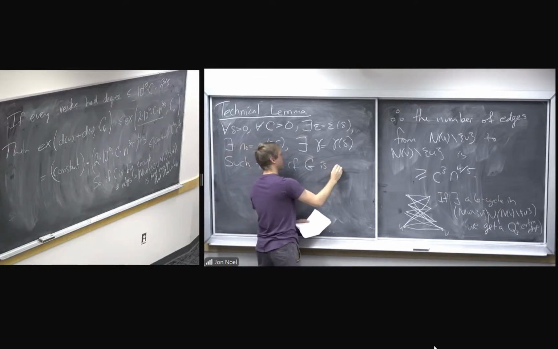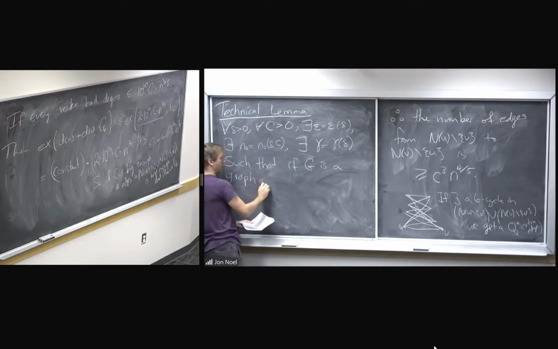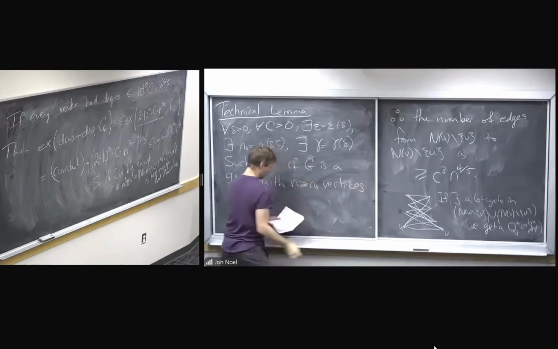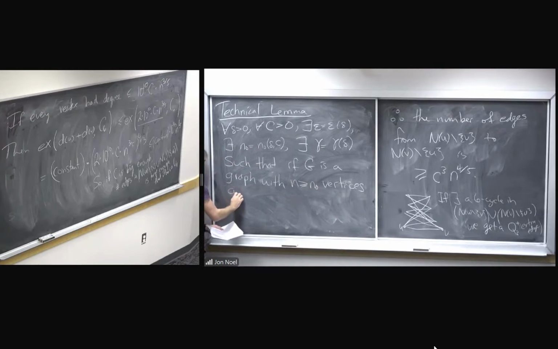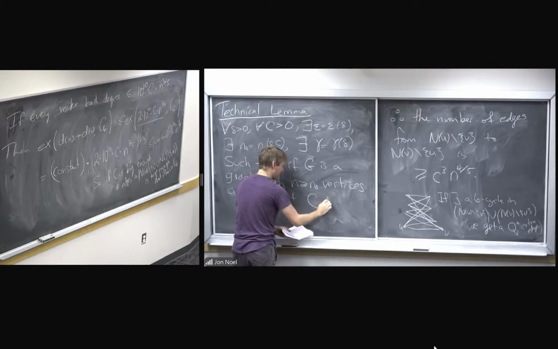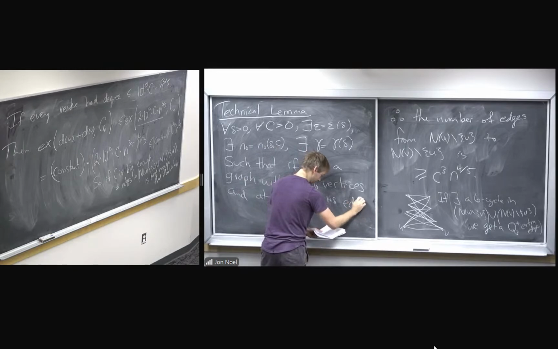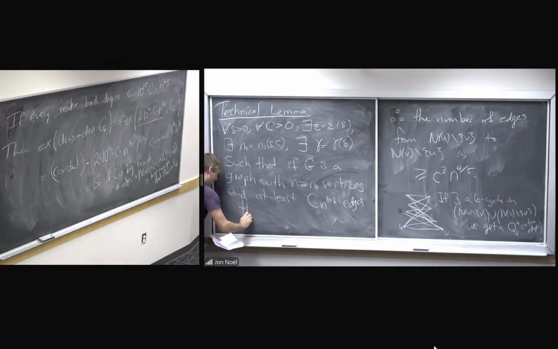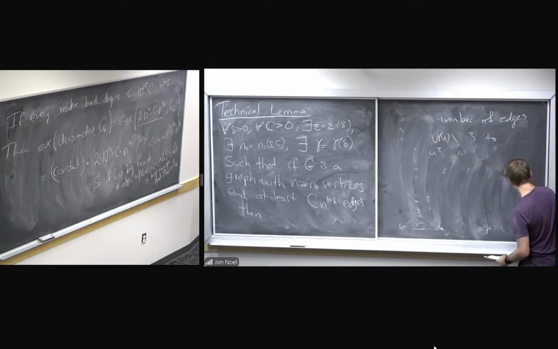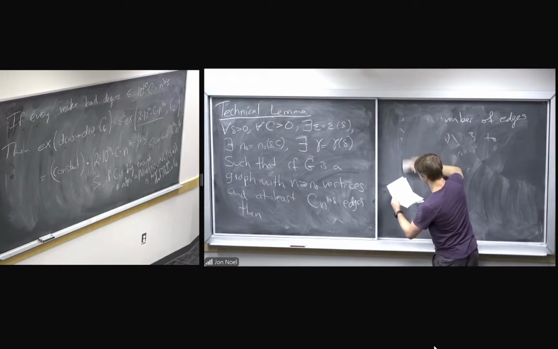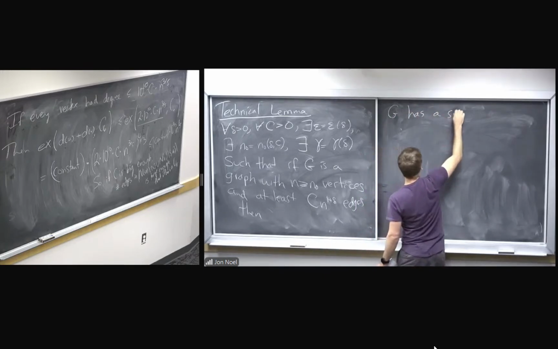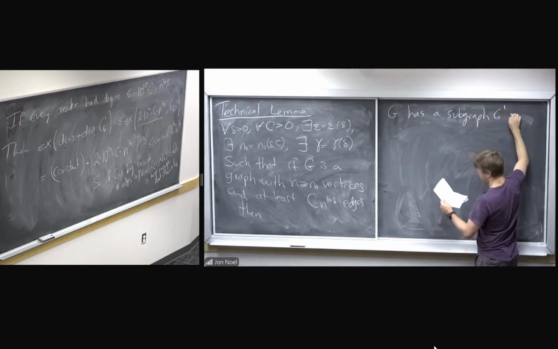if G is a graph with n vertices, so n at least n naught vertices, and at least capital C times n to the 1 plus delta edges, then G has a subgraph G prime such that,